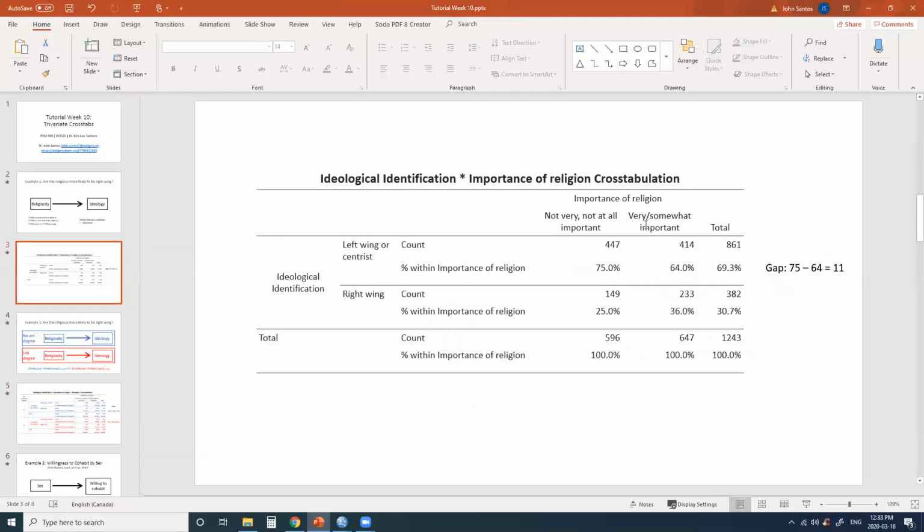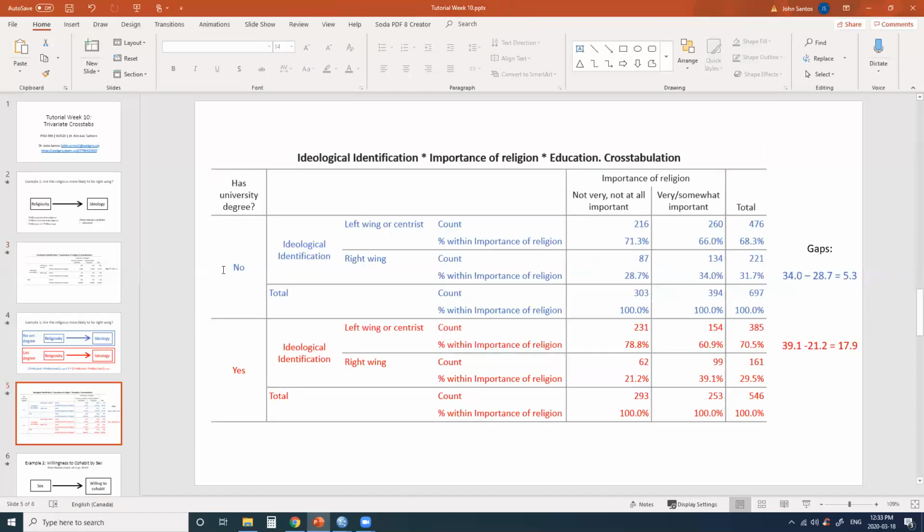Here, the difference between categories of X is 11 points. Whereas here, amongst those with no university degree, the difference is 5.3 percentage points, right? So amongst those with no university degree, those who are very or somewhat religious are 5 percentage points more likely to identify as right wing than those who are not very or not at all religious. Conversely,